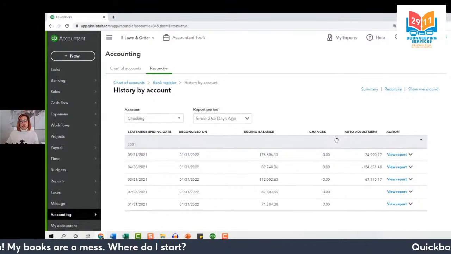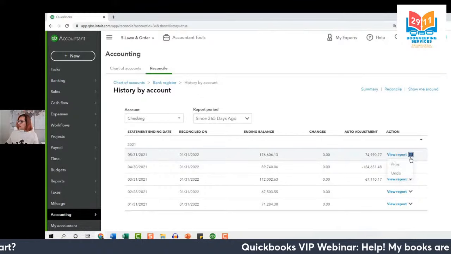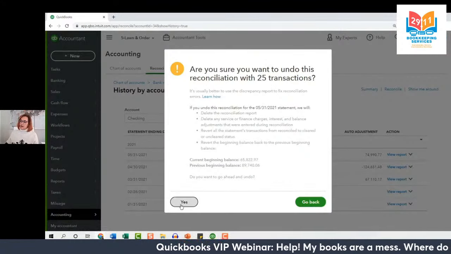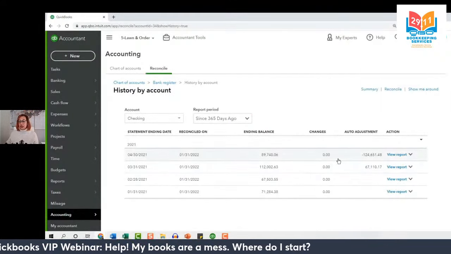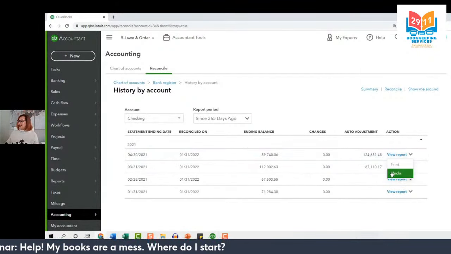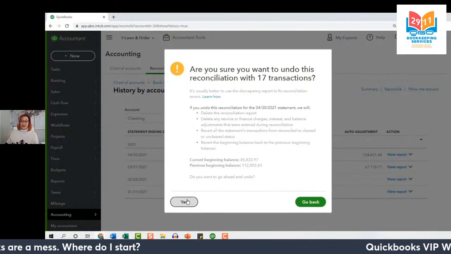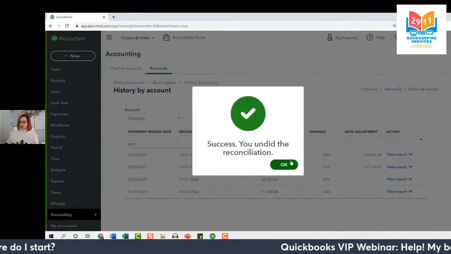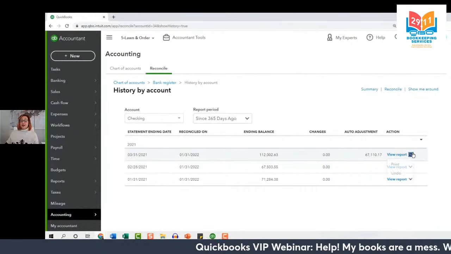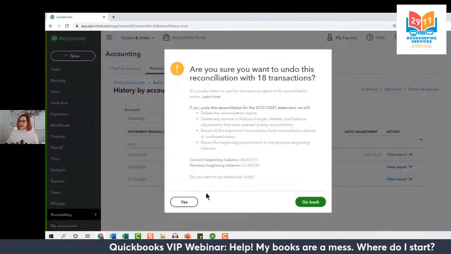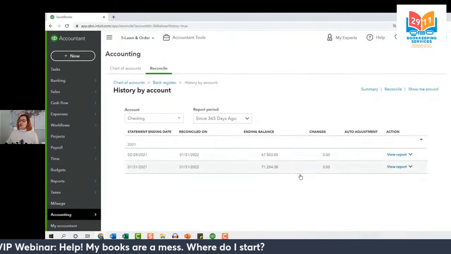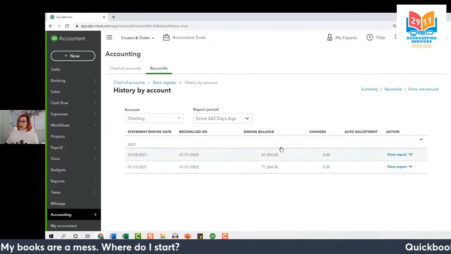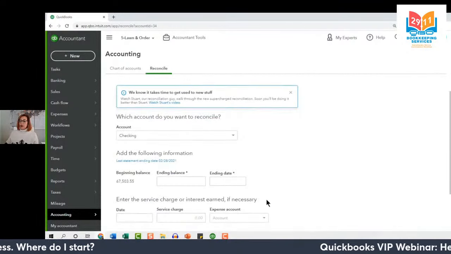And so we'll keep doing this back to the point that things were right. So for example here, let's go ahead and undo the rest, and we'll click yes and undo again. There we go. The May reconciliation's gone now. April's is really bad, so let's select drop-down arrow, undo, yes, and undo again. Perfect. And last but not least, March's. Drop-down arrow, undo, yes, and undo again. Perfect. Now we only have 2 reconciliations on the books for 2021.